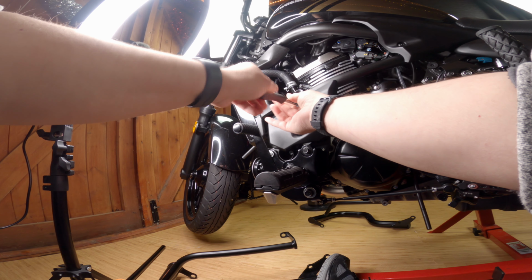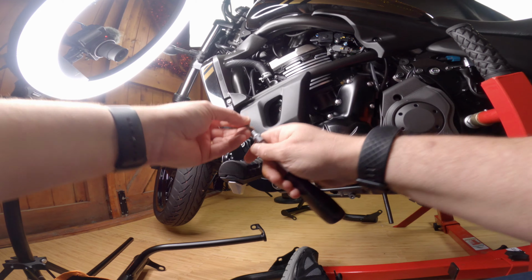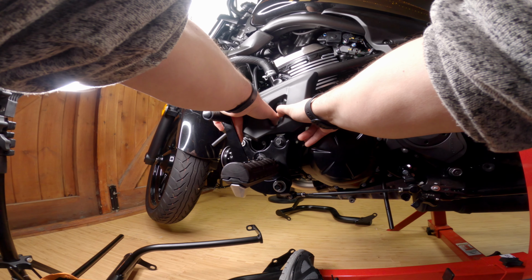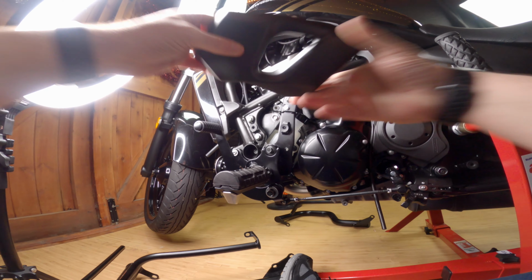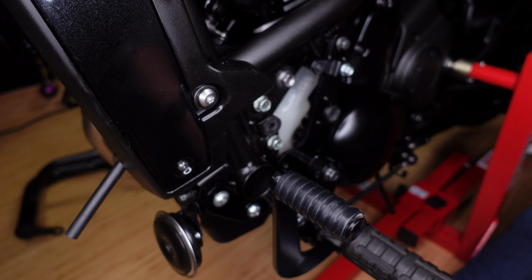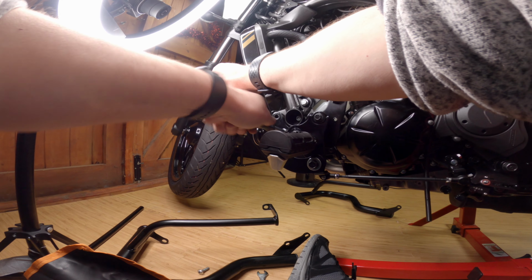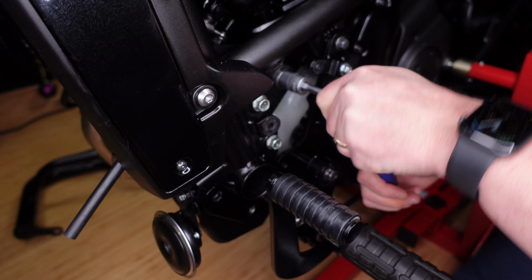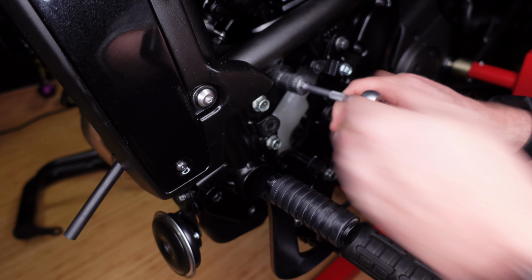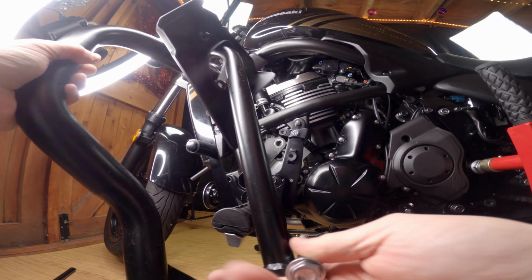If you do take this cover off, it's just one Allen bolt at the top and then 2 push studs at the bottom, and off it comes. Let's start taking the bolts out. What we need to do, so I'm just going to leave that there